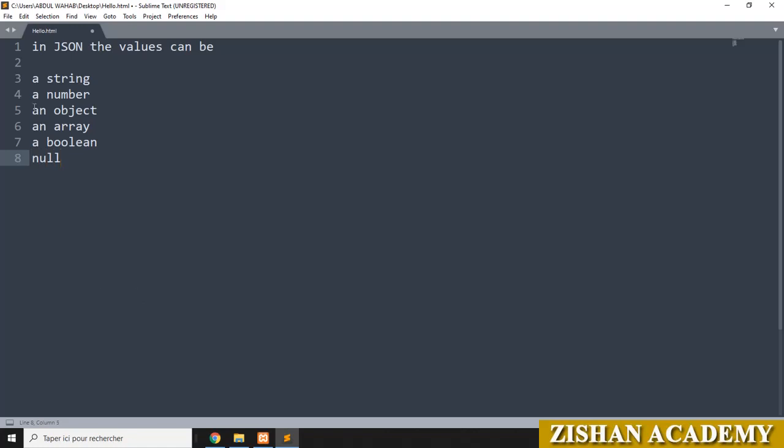These are all the data types, the values, you can have in your JSON.